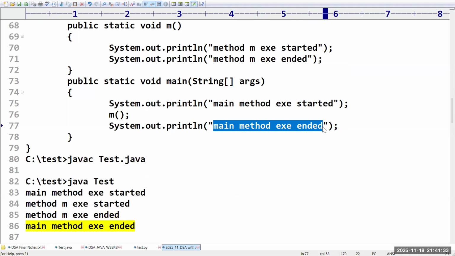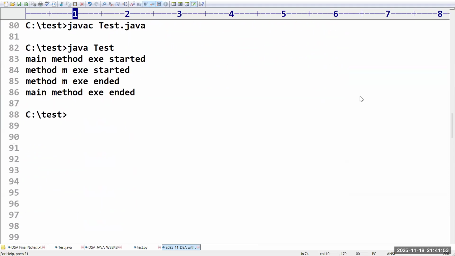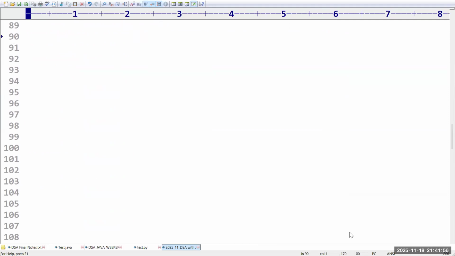We know this flow, but internally what will happen? What is the flow of control? How is the stack going to be created? How does the stack internally create frames, and how are these frames going to be destroyed? Everything I explained in yesterday's session. But don't worry, there are some students who are new for today's session. I'm going to take one more example and demonstrate how it is going to work. So now you can see the next example.